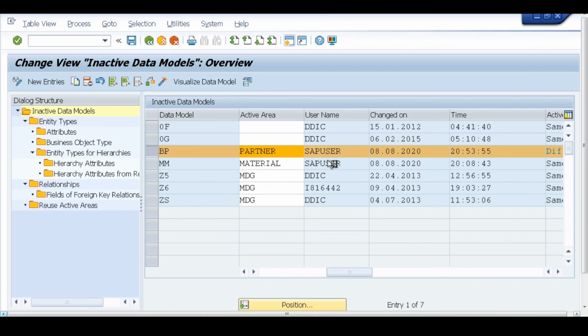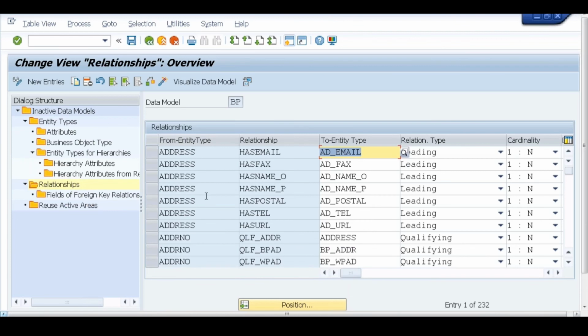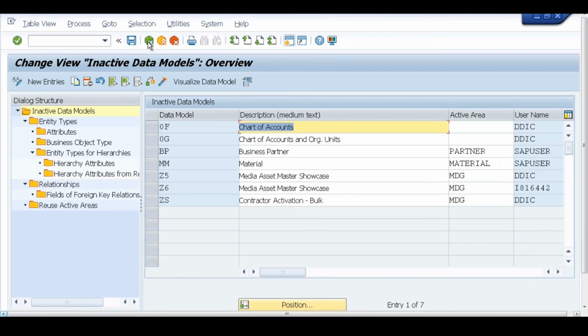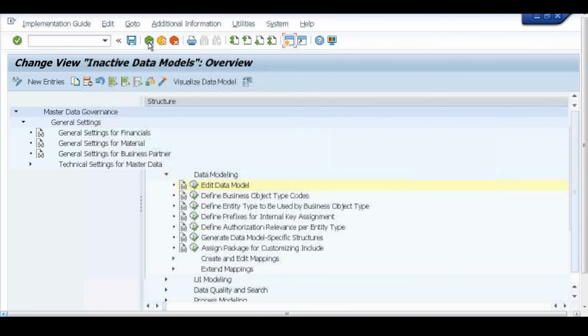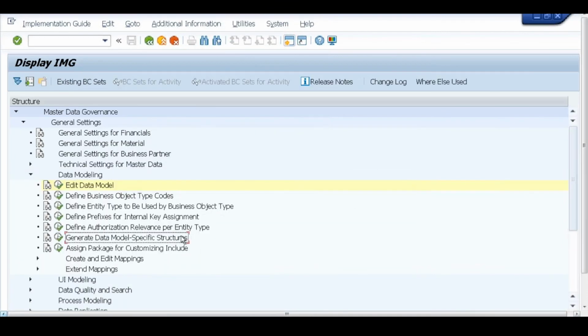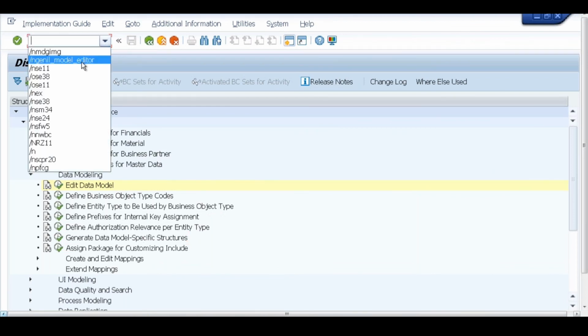And then this material entity type has been defined as a type 3, and the other one, purchase info record, defined as a type 4. Then we made a relationship between type 1 and type 4, then type 3 and type 4. Then as usual we generated the data model specific structure. Then we go to the Genil model in order to define the Genil details. Then next,